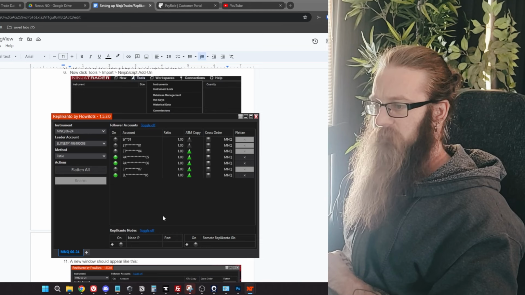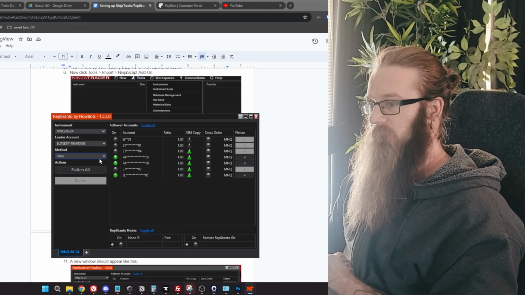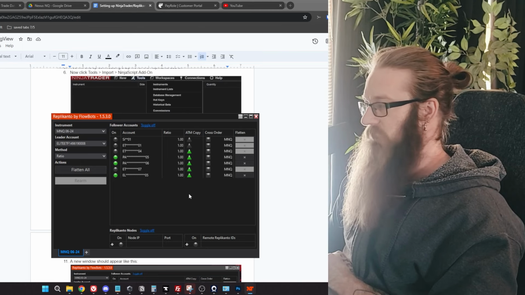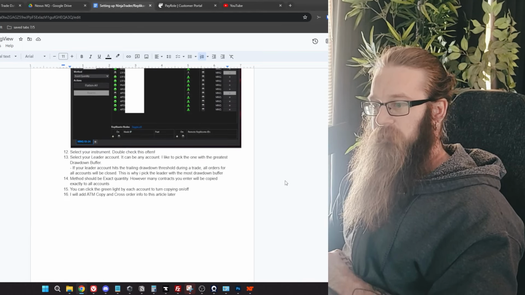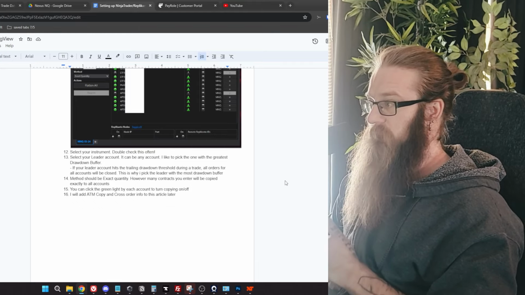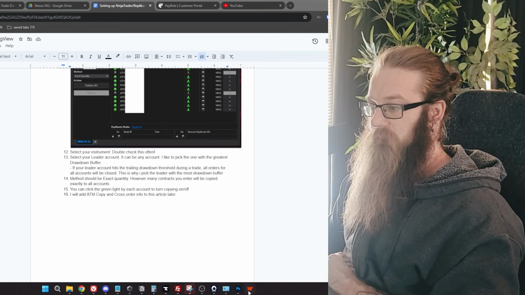So this is the Replikanto window. You'll have whatever instrument you're going to want to trade, the leader account, the method of copying, and then all of your follower accounts, and a bunch of different things that'll change, and I'll go over in a second. So you'll want to select your instrument, and you'll want to make sure your chart that you're trading matches that instrument. If you need a chart,